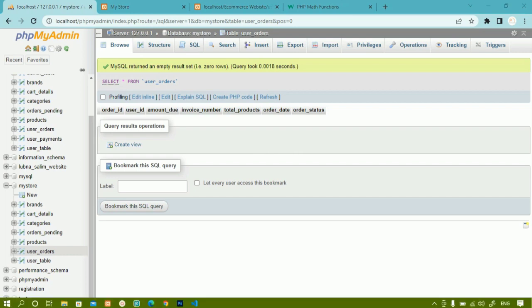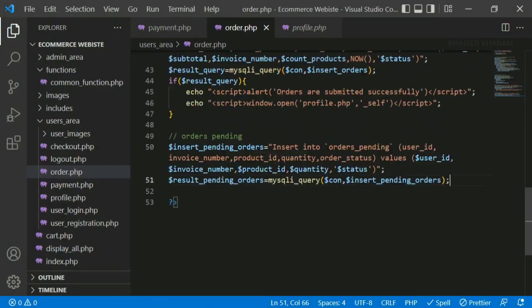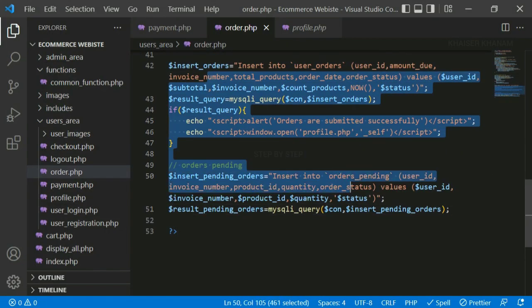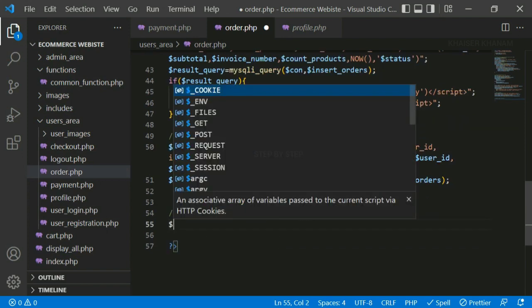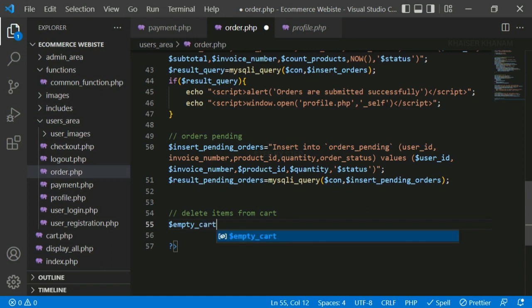Now what we have to do is delete whatever items we have inside the cart. Below this, once the data is inserted inside the tables, only then are we going to delete. Here I will write delete items from cart. Now below this I am just going to write one query. I will write here empty cart, and inside this I will write the delete query, delete from cart details,